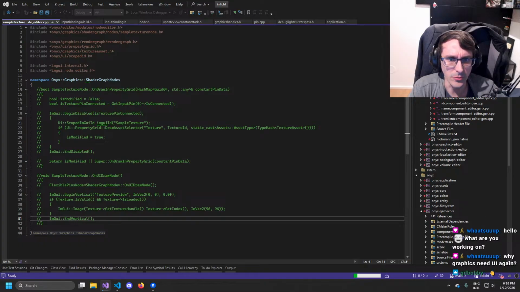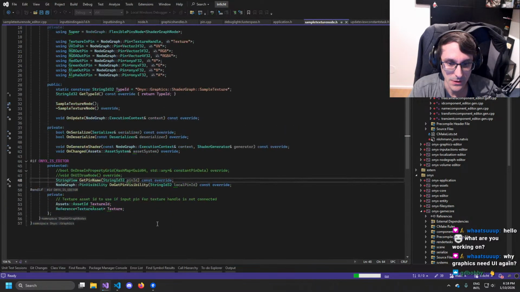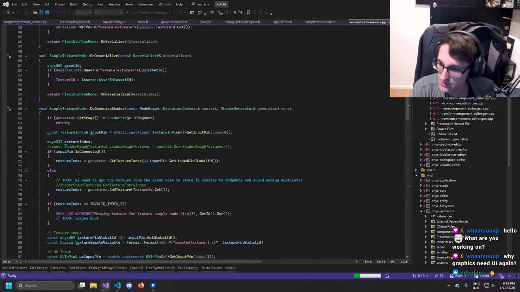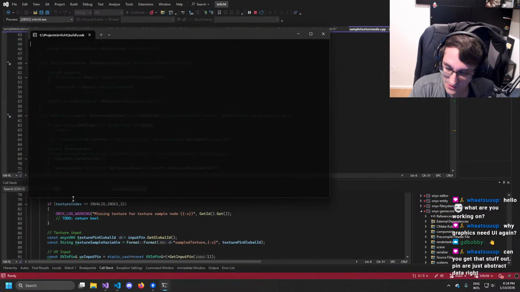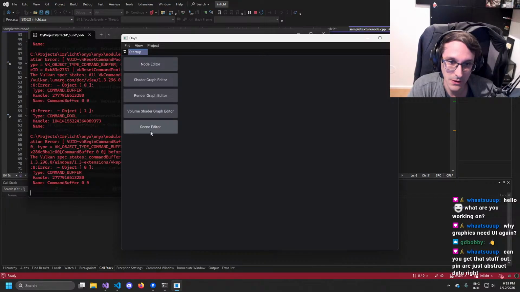I mean, even though here it actually doesn't have a lot of editor code. Oh no, I removed it. Ah, that's why it's gone actually. That's why the thing was not working. Okay, I see. Yeah. But basically it has this node here and this one. Can you get that stuff out? Well, yeah, I could. But that would mean